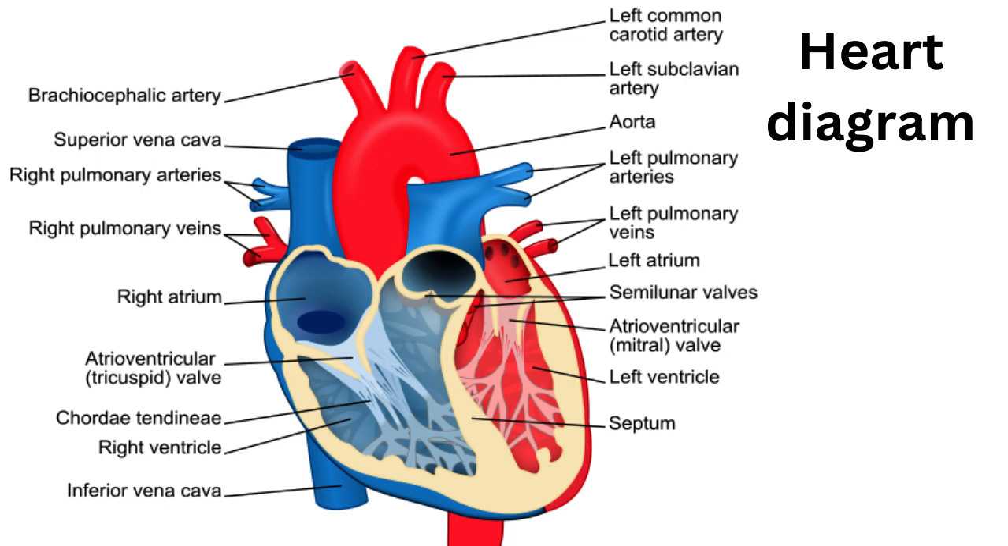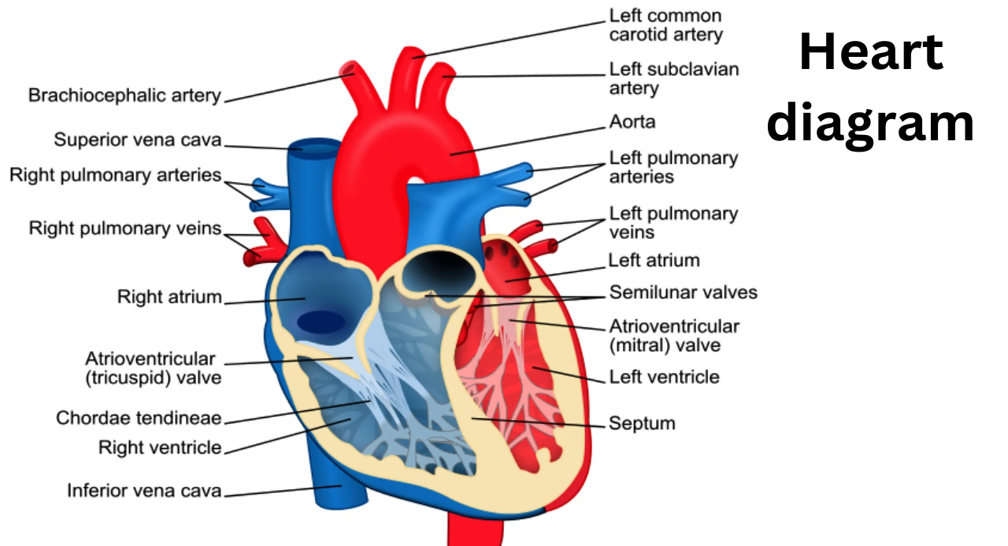The heart is also surrounded by the pericardium, a sac that contains a small amount of fluid to lubricate the heart and protect it from friction as it beats. The heart also has a complex network of blood vessels, including the coronary arteries, which supply oxygen and nutrients to